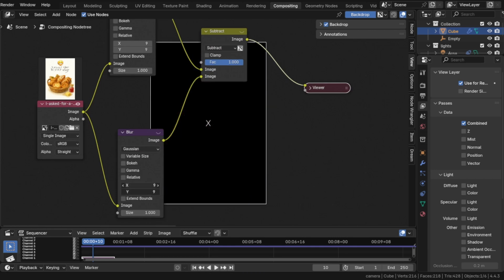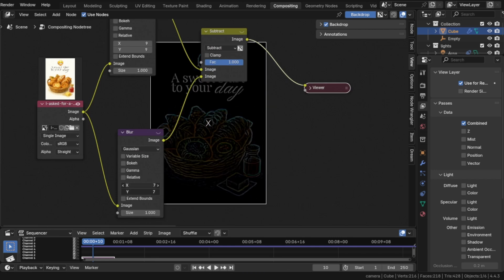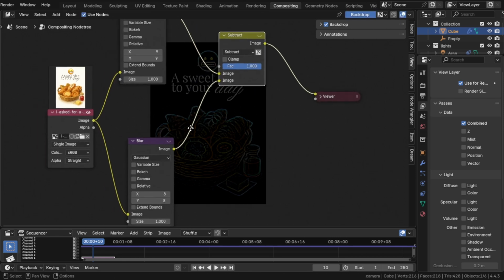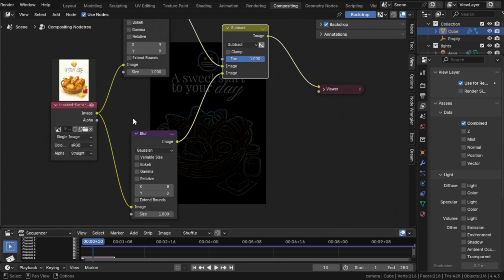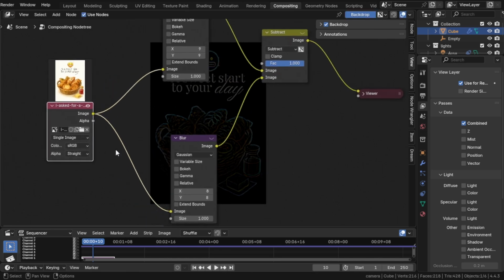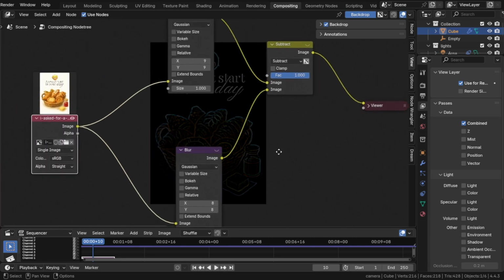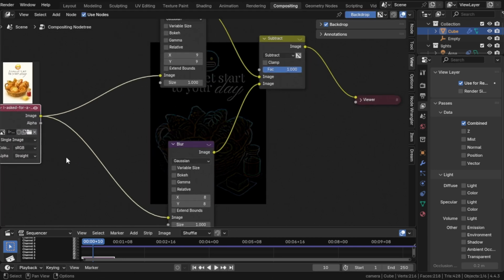If you want a sharp image, you have to make this sharp as well. So right now, if I put 8 and 9, it shows lines, the edges that we want. And right now it is colorful,